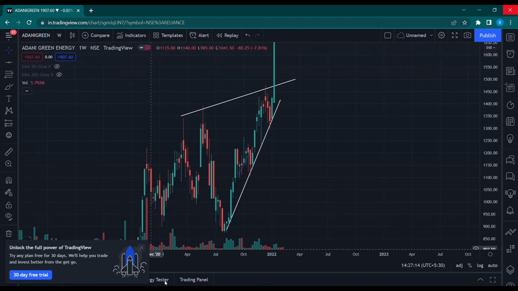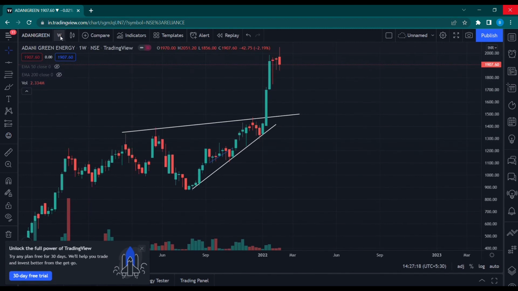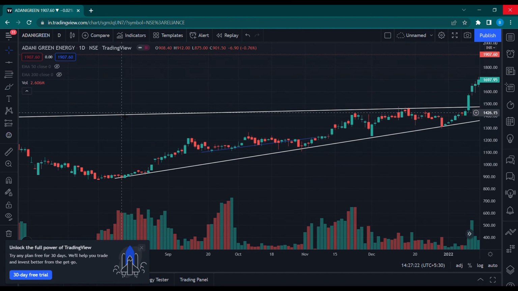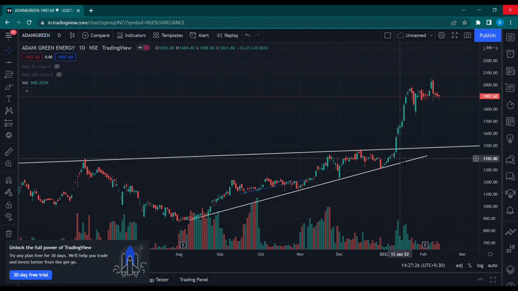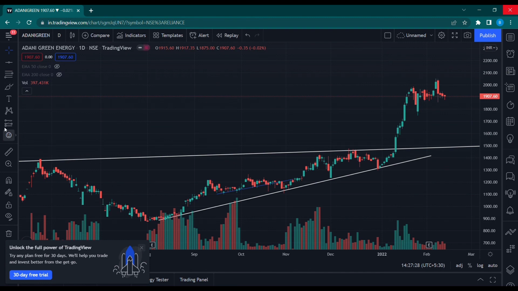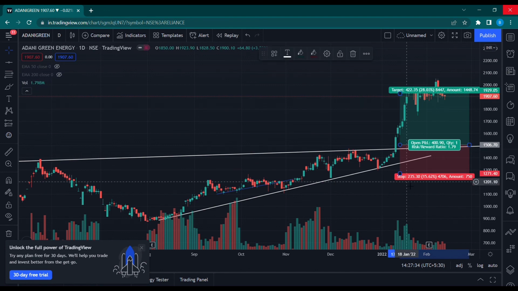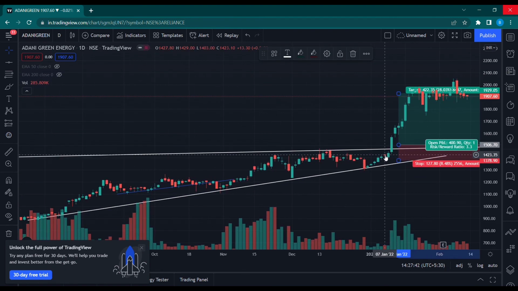See here again the same kind of move. This is some kind of ascending triangle, just that the resistance is a bit inclined in this case. You get the breakout, you enter here, right? You enter somewhere probably here, and then you can capture till 28%. Your stop loss should be just below the breakout candle or just below this swing low, right? So you have this small pullback, right?